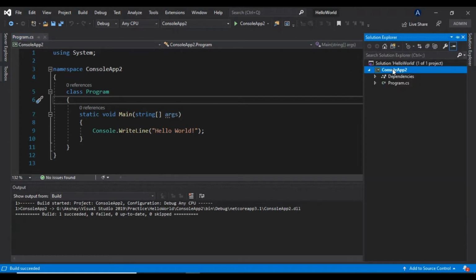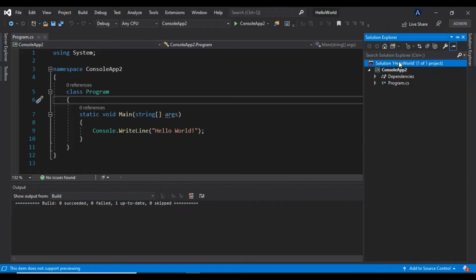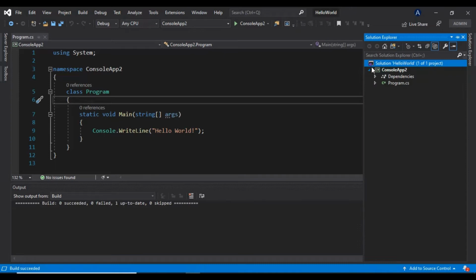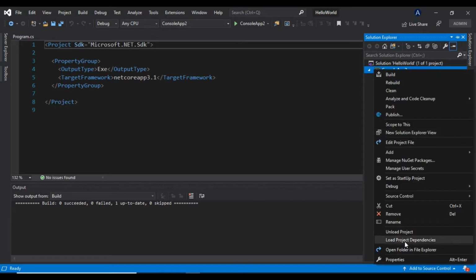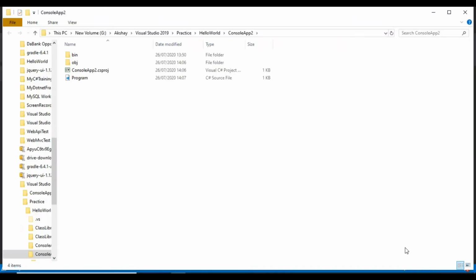Now first we have to build this. I have already run the program, but I still want to show you this step by step. You have to right click on solution, build the solution, and build succeeded. Then right click on the project, open folder in File Explorer.